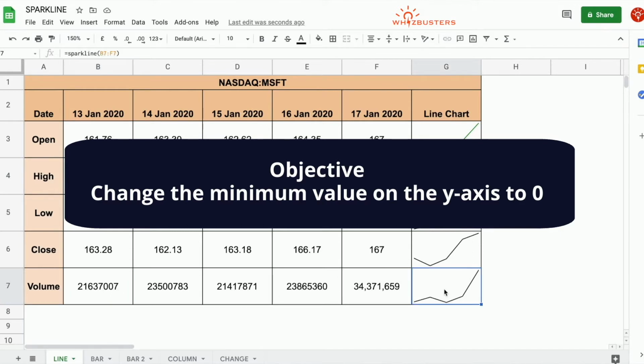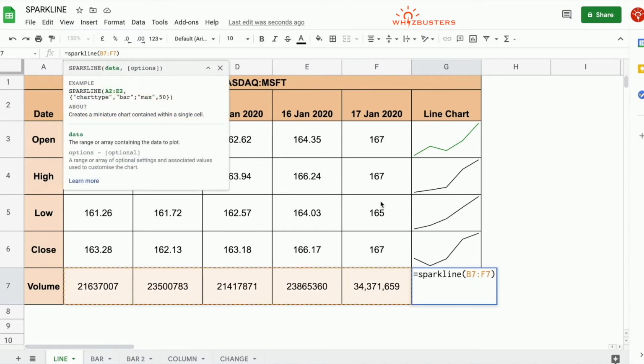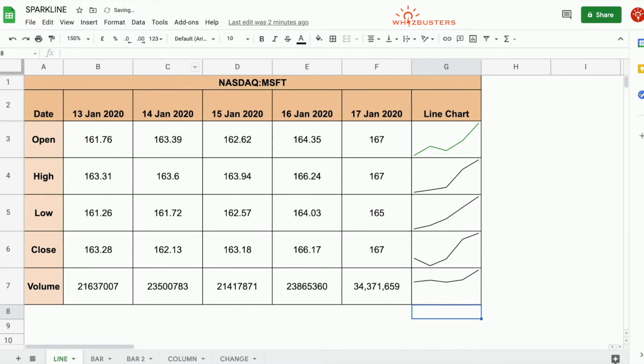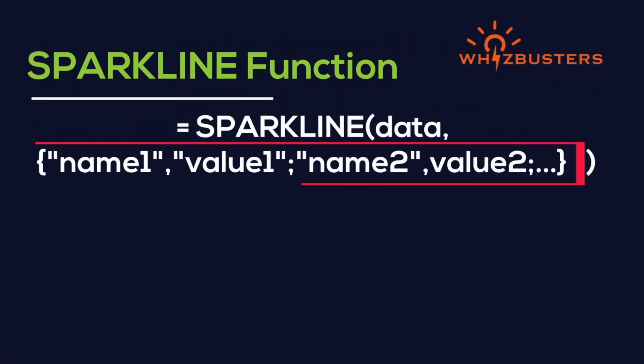To do this, let's go into our formula and add the attribute. Notice that the line graph does not start at the bottom of the cell anymore, and the steepness of the curve is less. The syntax when using the second parameter is, when defining the attribute, we need to have the